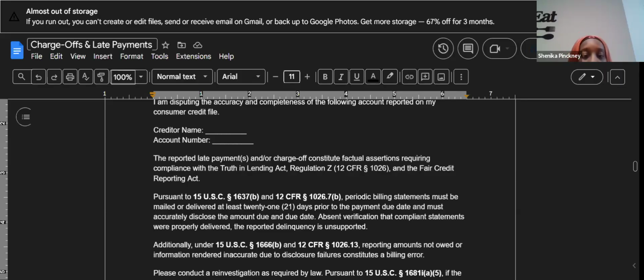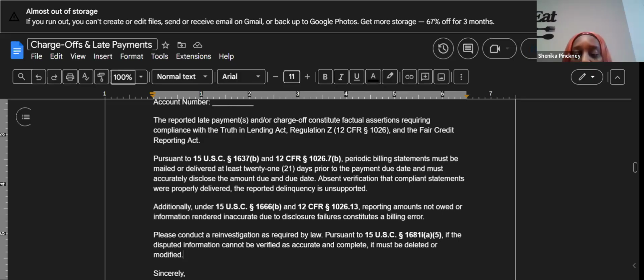But you always pull your consumer reports, and I always tell people the next step would be to highlight all your negative items so that you know what you're going to dispute, and then we're going to continue with the letter. So after the creditor name and then the account number, it just simply says the reported late payments and/or charge off constitute factual assertions requiring compliance with the Truth in Lending Act, Regulation Z, 12 CFR 1026, and the Fair Credit Reporting Act, pursuant to 15 USC 1637b and 12 CFR